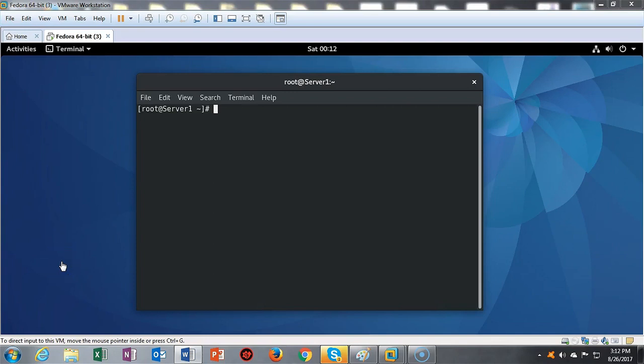Greetings, and in this short video presentation we're going to see how we go about configuring an Apache web server on Fedora Linux. To start this lab, I'm currently logged on to my Fedora server as the root, and